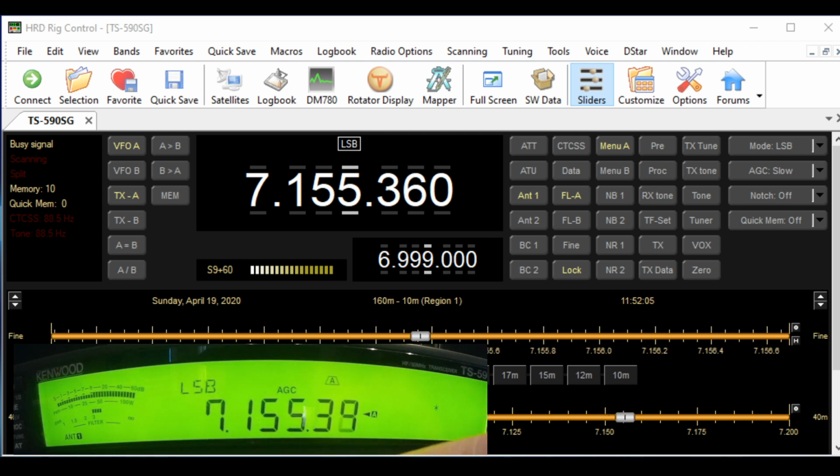Hopefully I can tune on the rig and it will tune HRD, and if I go into HRD I can probably do the same thing here by moving the digits. Everything stays in sync, and that's fine. So that would be the normal way you have it set up. But now the question is, what happens when you also want to use SDR Uno at the same time? Because SDR Uno is trying to control the rig also,